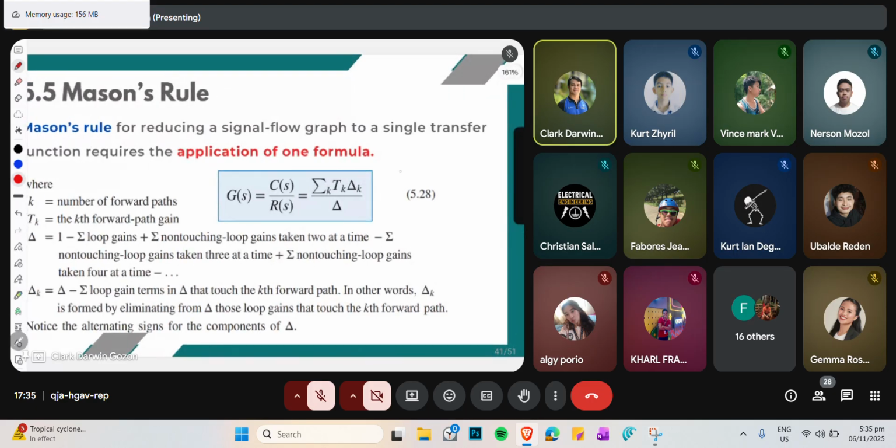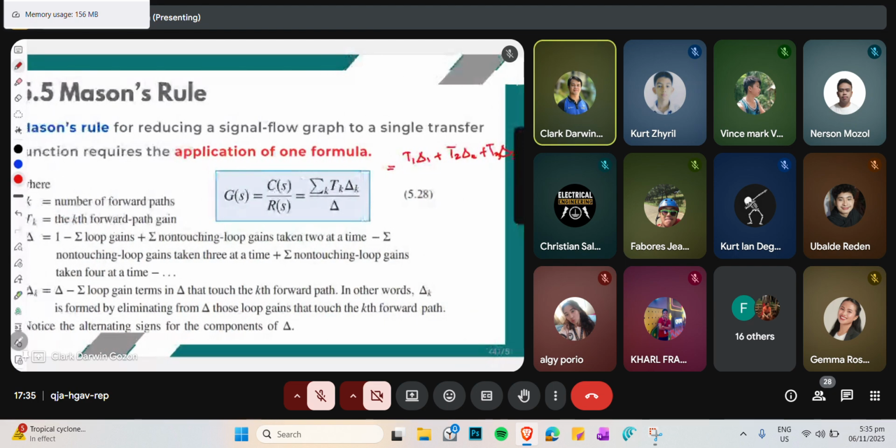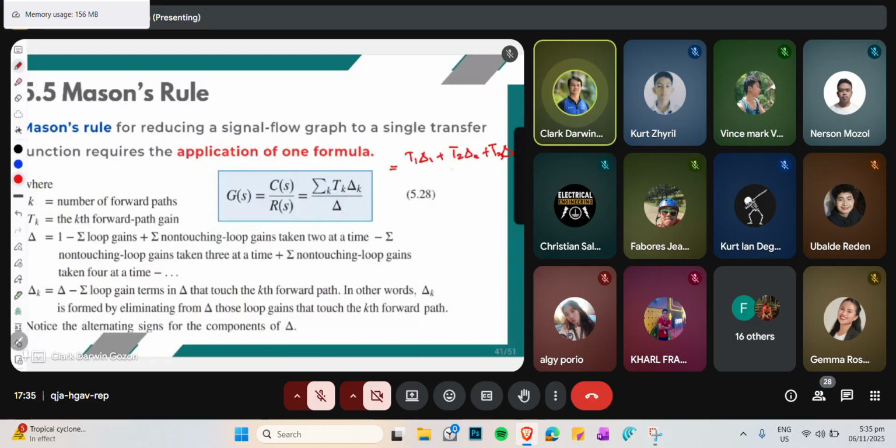Kay summation kani, kung i-add mo na siya equal to T1 delta 1 plus T2 delta 2 plus T3 delta 3, all over delta. And the delta is 1 minus summation of loop gains plus summation of non-touching loop gains taken